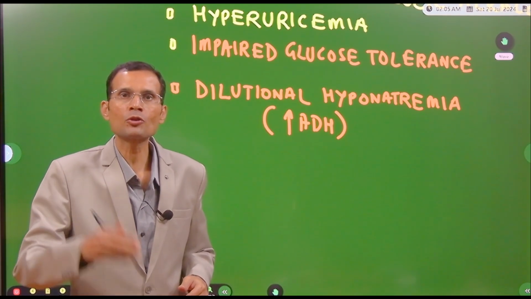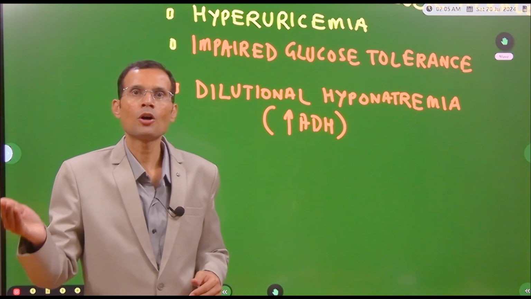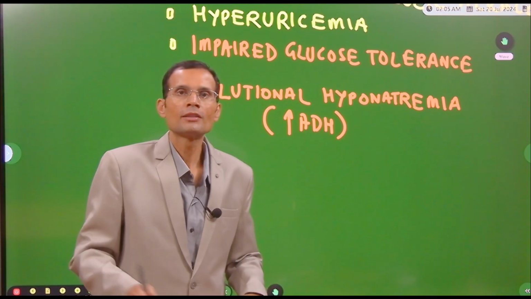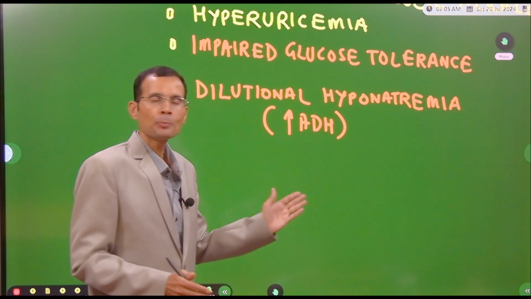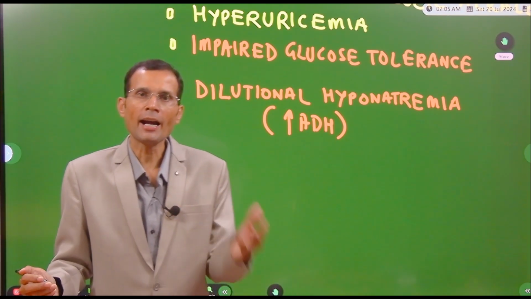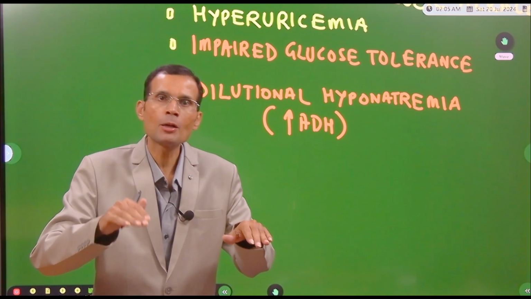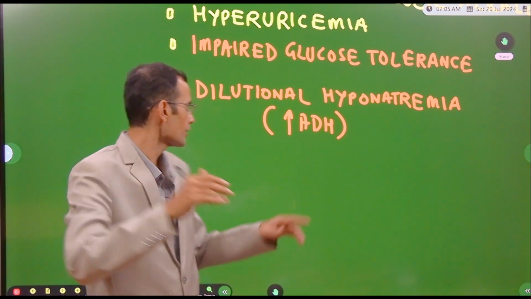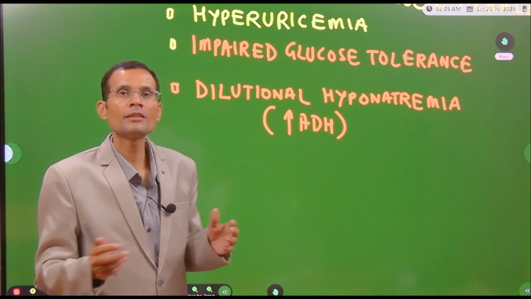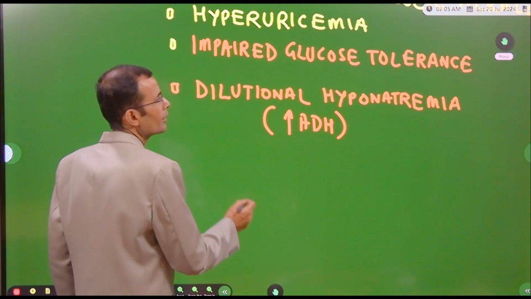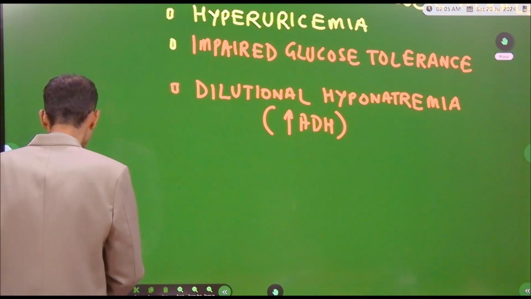Increased conservation of water on one hand and loss of sodium on the other hand. So this results in hyponatremia, and because it's sodium less in comparison to water which has increased due to ADH, it's dilutional hyponatremia. So these are the side effects or toxicity caused by